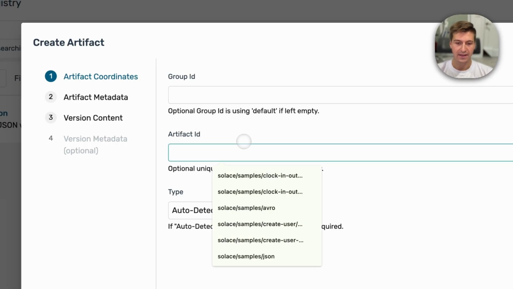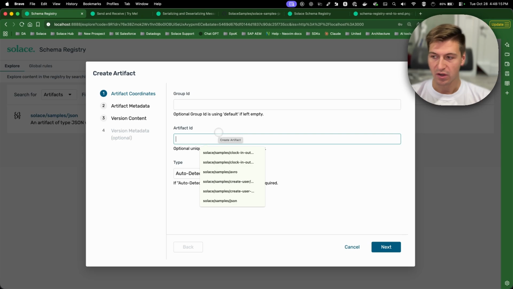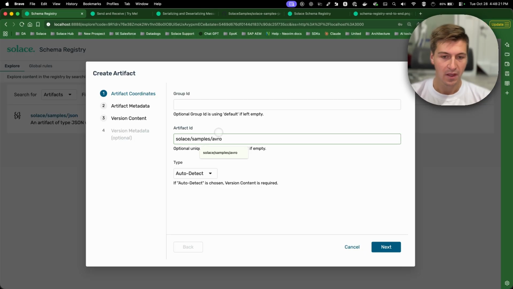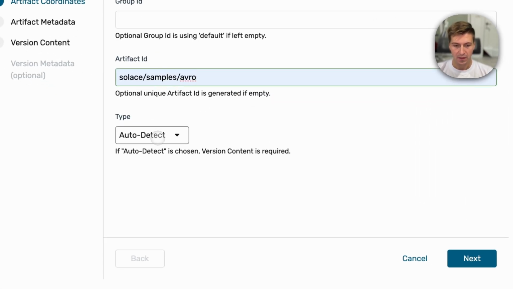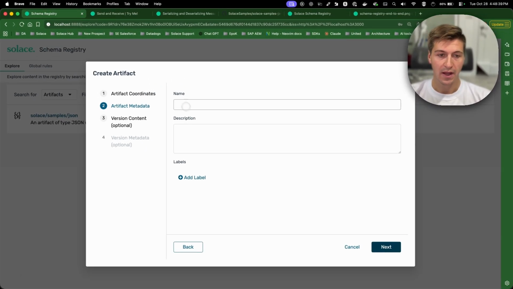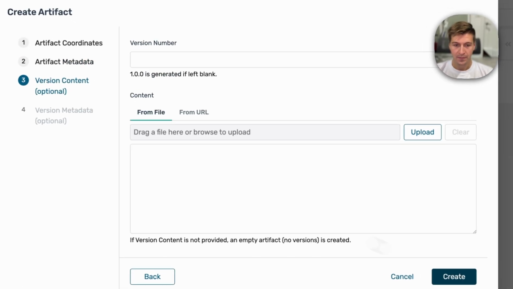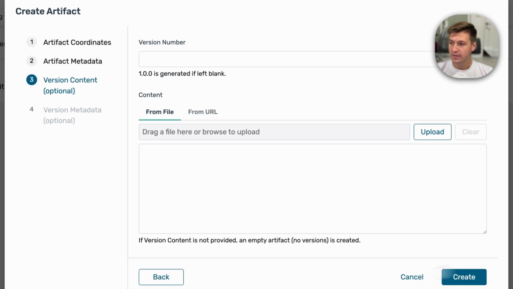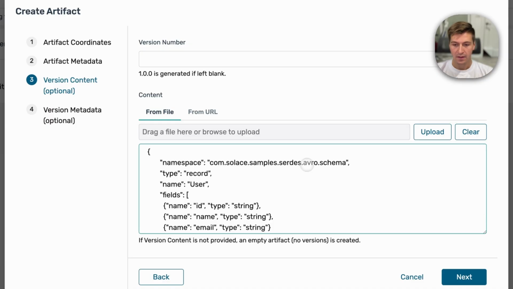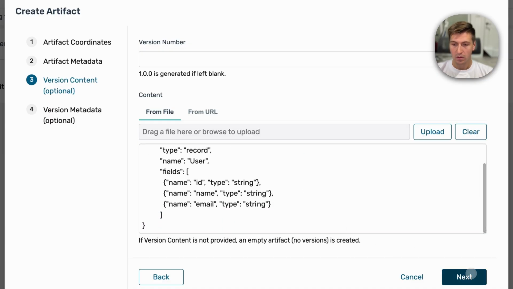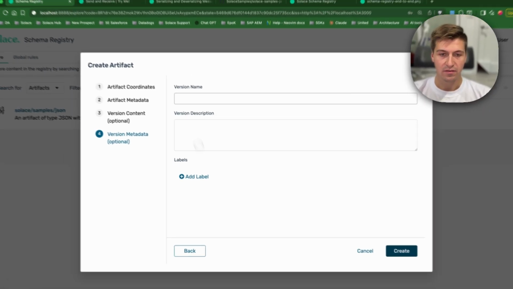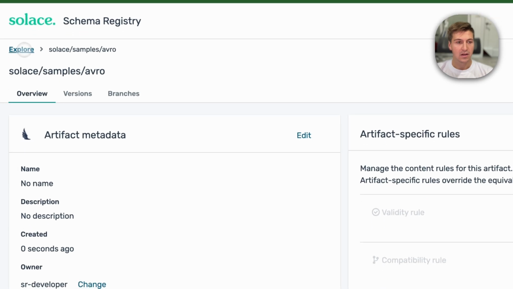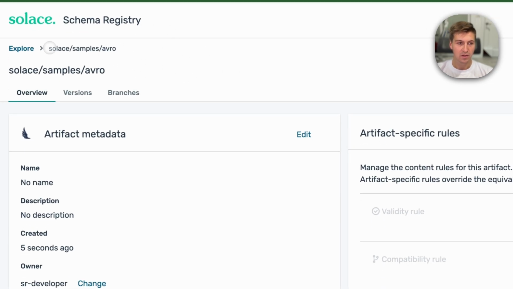We're going to provide an artifact ID here. In this case, we're just going to call it solace/samples/avro because it is an Avro schema. We could select here Avro schema from the dropdown or leave it on auto detect. We can supply artifact metadata about the artifact as a whole. We can actually paste in our Avro schema here. You can see this is an Avro. Provide next here and then actually give metadata if we wanted to for the version. When I click create here, we will get a new artifact inside of our schema registry called with the ID of